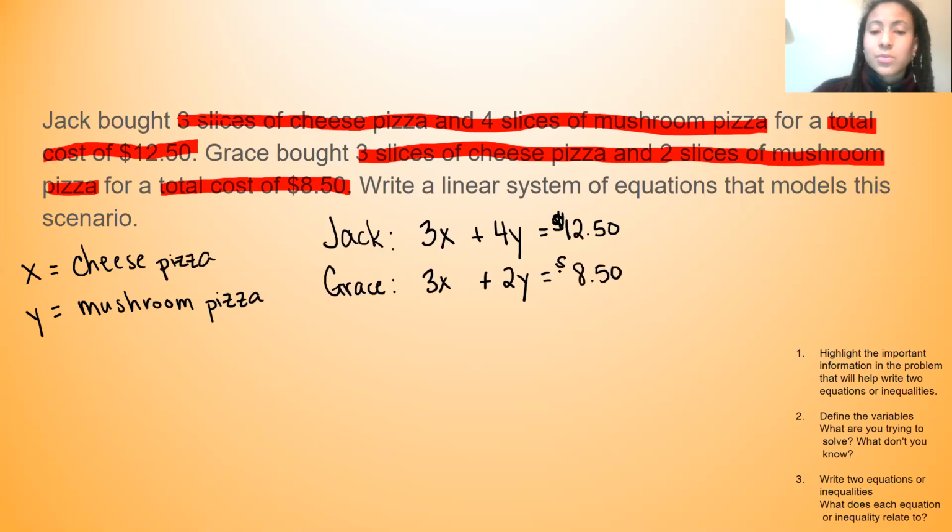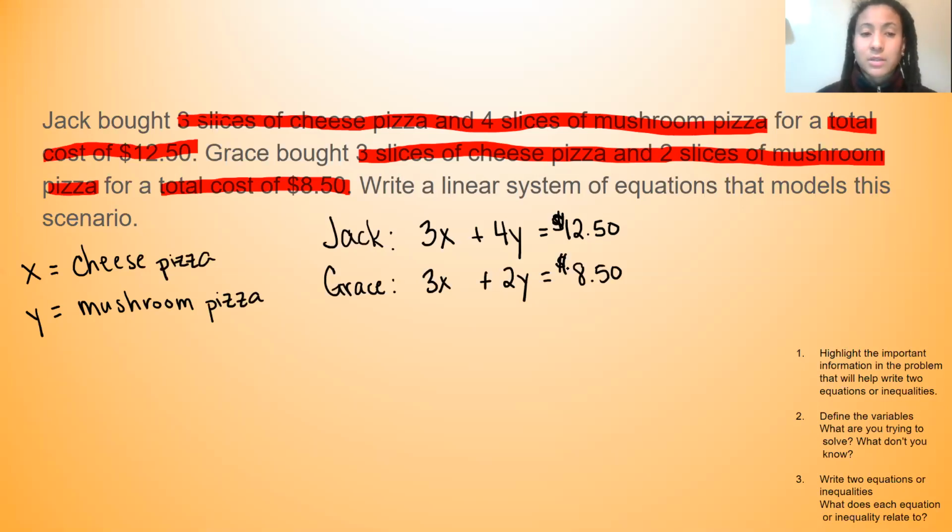So just to talk about this one a little bit more further. If you notice, the two sentences spoke about the same exact things: the 2 types of pizza and the amount that it cost. So that's how we were able to determine that we're talking about 2 different purchases, one relating to Jack and